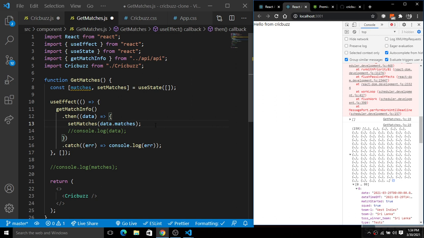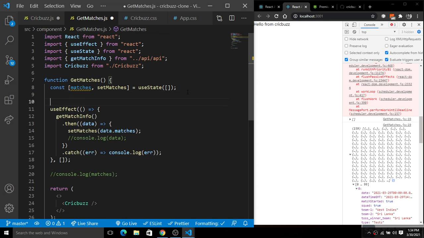For this I will make an instance for limit here. For this limit we will slice that thing: matches dot slice, and here we will slice the first five.